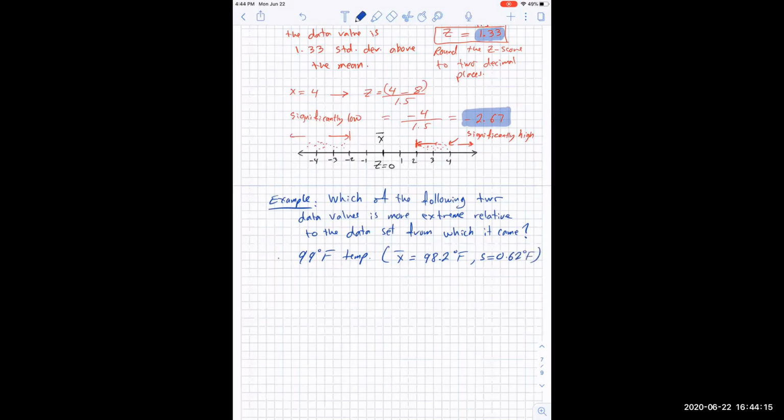Okay, so this is my first value. It's a temperature value that belongs to a sample with this mean and this standard deviation, or this value, which